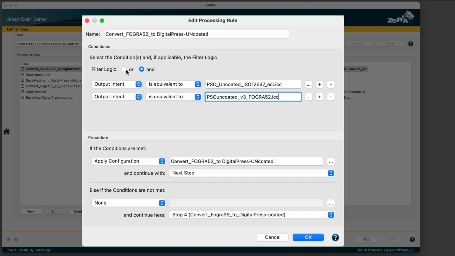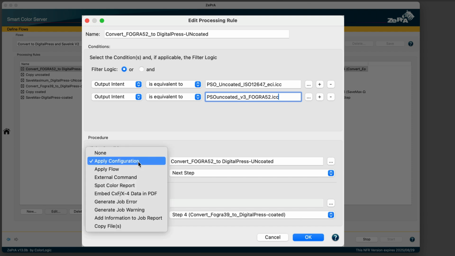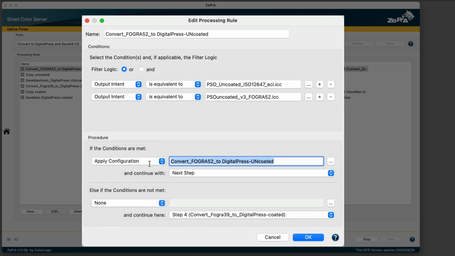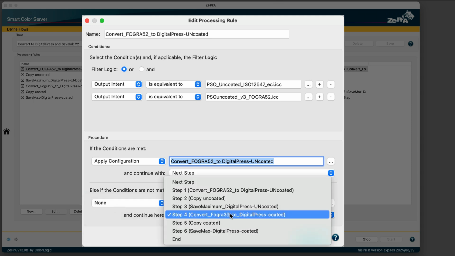The filter logic is set to OR, which means that if one of the two profiles is found in a PDF file, the condition is fulfilled. In that case, I want the uncoated color conversion configuration to be applied. And the next step should be the following processing rule that copies the files to a defined folder, same as in our example before. In case the desired output intents are not in the PDF files to be processed,